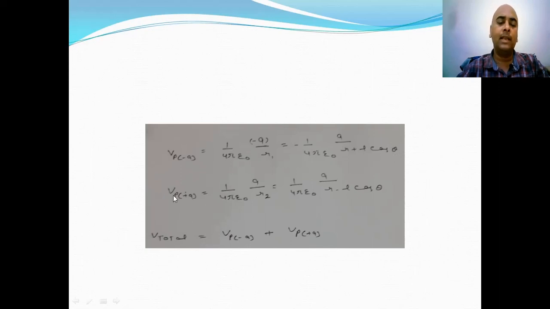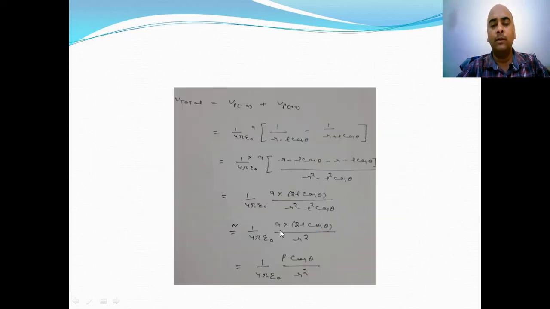Similarly, the potential at point P due to plus q charge is 1 upon 4 pi epsilon naught q by r2, which is 1 upon 4 pi epsilon naught q by r minus l cos theta. The total potential at point P is the algebraic sum of the potential due to the negative charge and the positive charge, which on